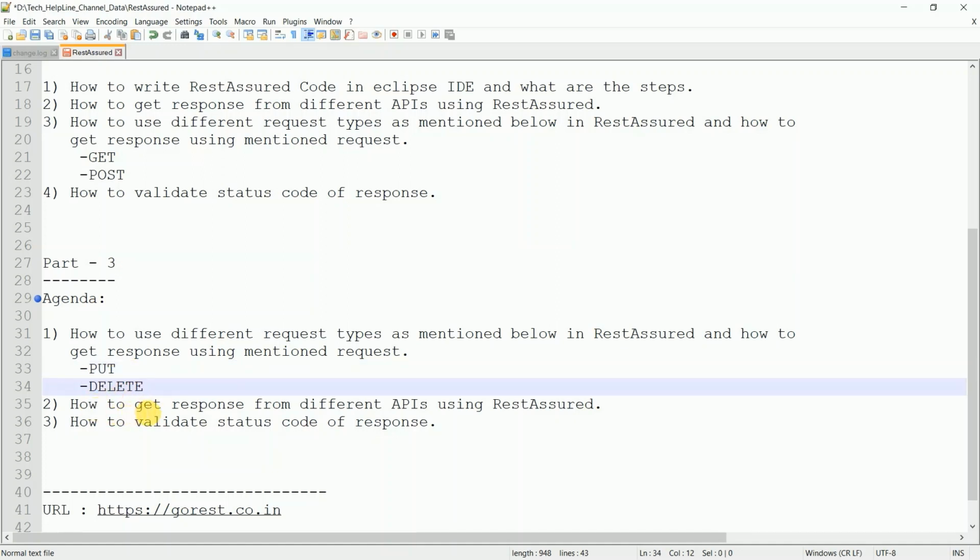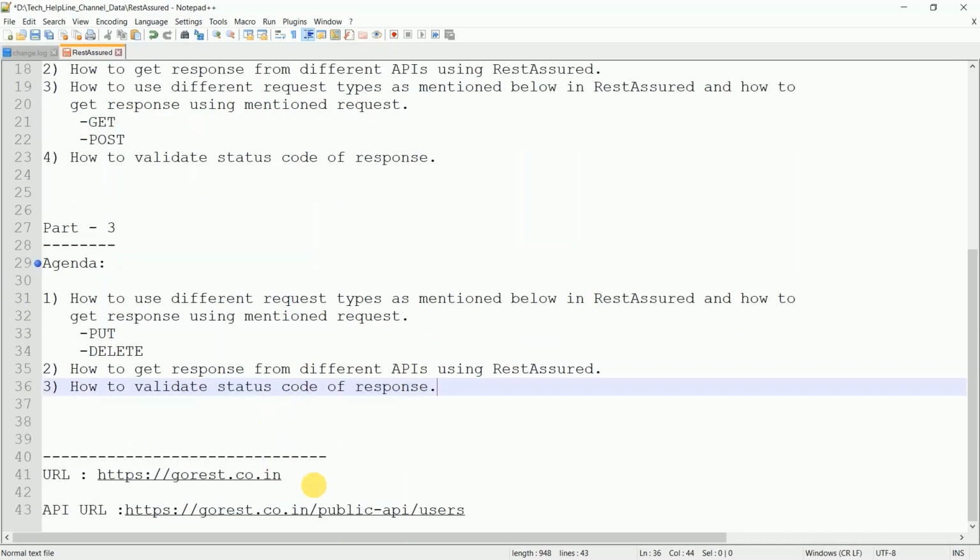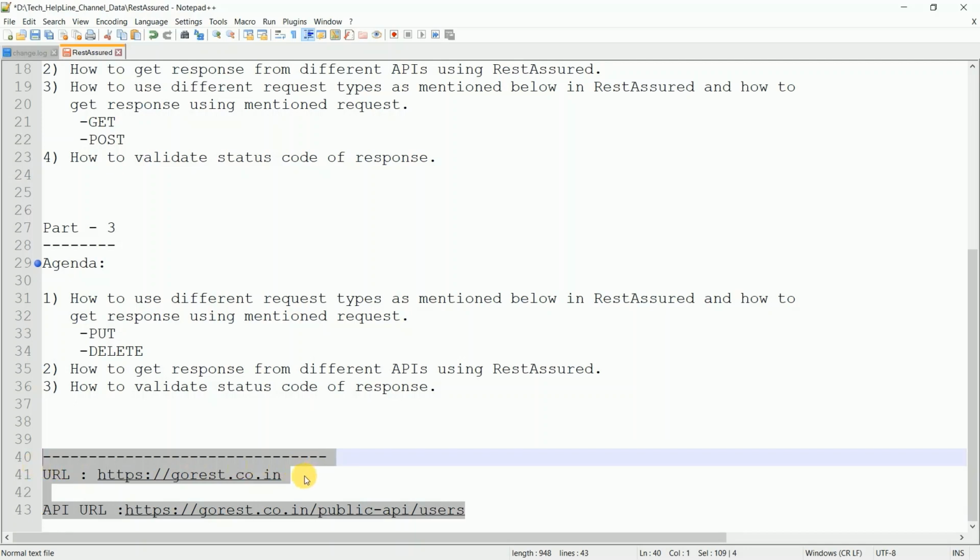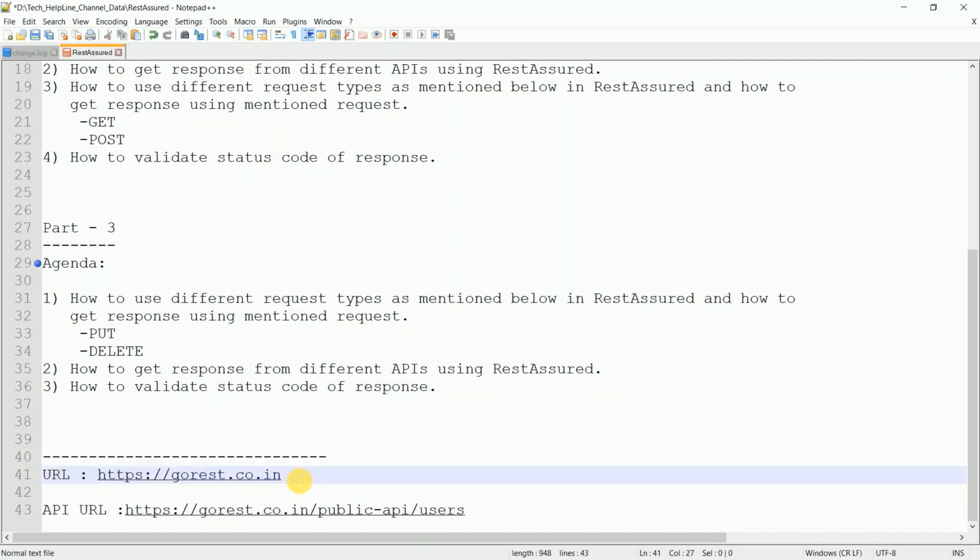The second point is how to get a response from different APIs using REST Assured, and the third point is how to validate the status code of a response. That's it. So, guys, these are the two URLs which we are using in our demo. The first one is the API website, and the second URL is the API URL.